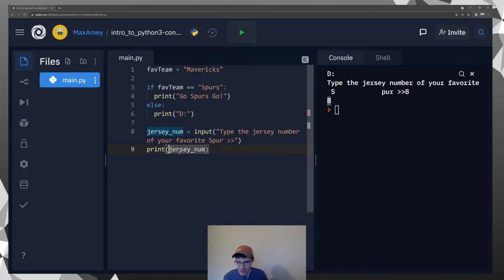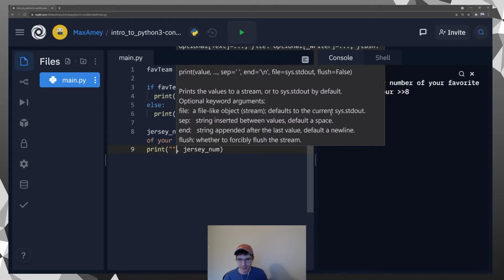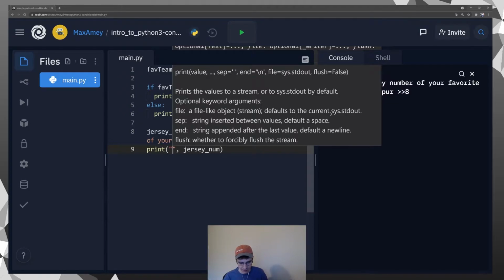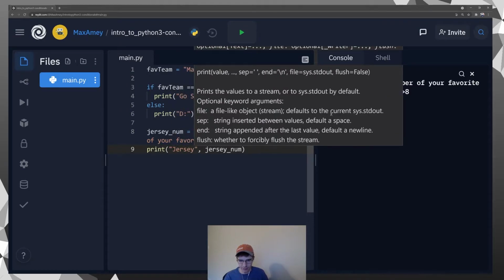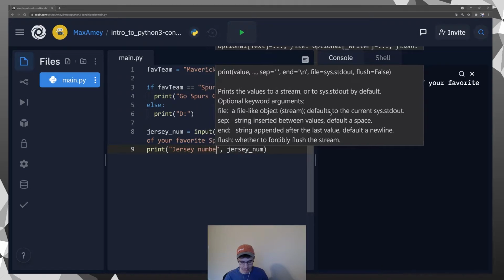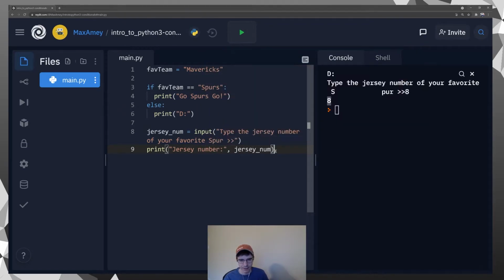Let's add a string in here to just tell us what that number is. Otherwise, the console is just going to print out an 8. And remember, we have to separate these values with a comma. So we can just add a label for it, jersey number, and then it'll say 8. So we can see now when we run this and type in the number and press enter, it'll present like this, jersey number is 8,